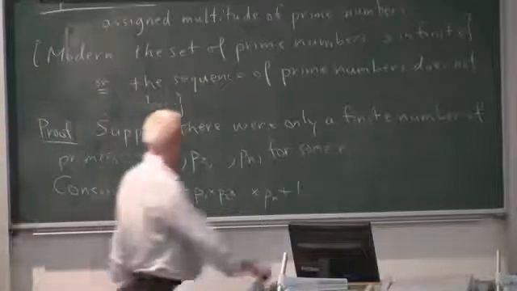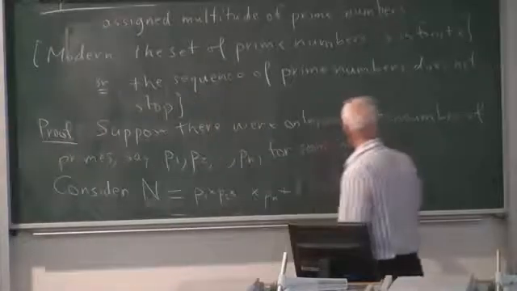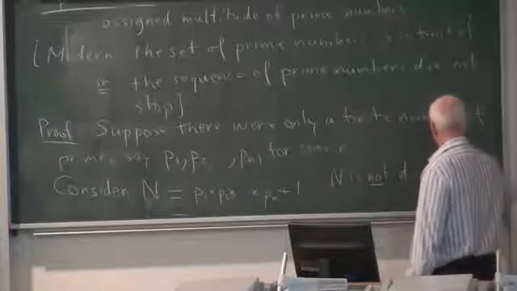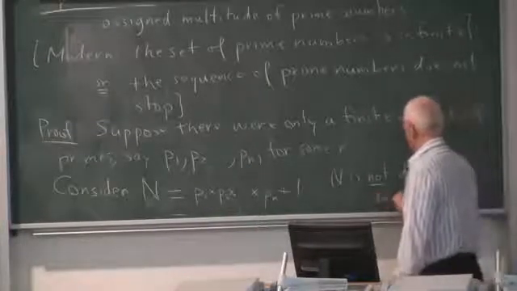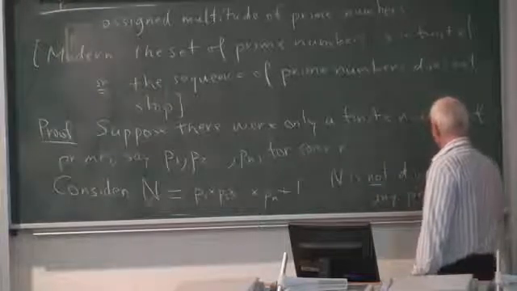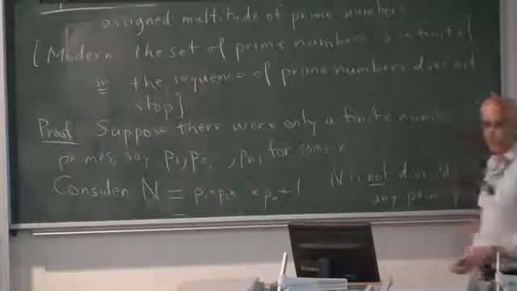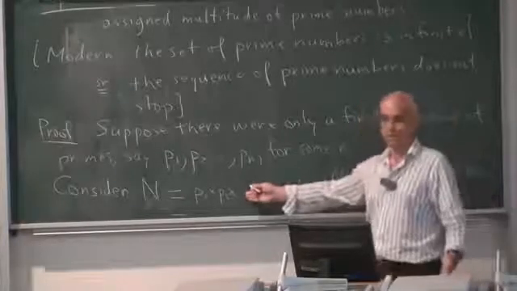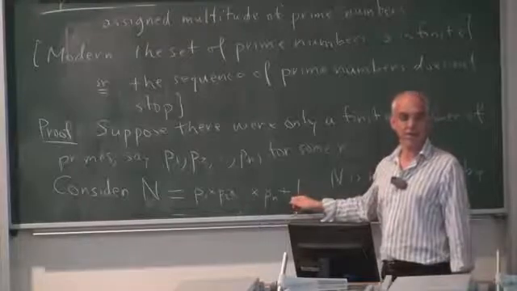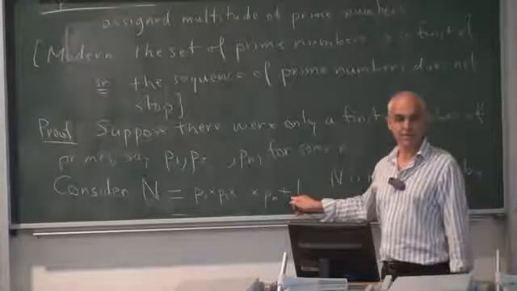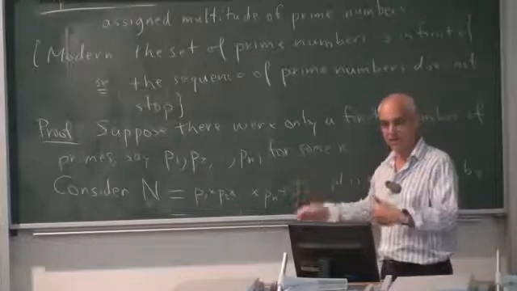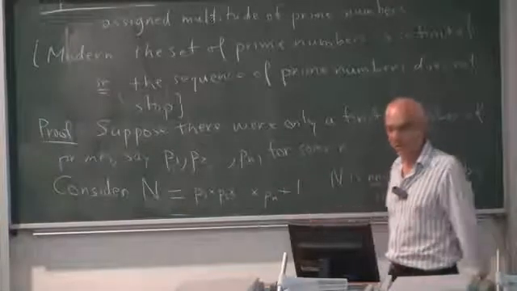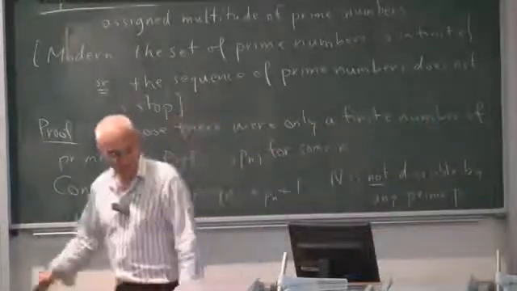This number N is not divisible by any prime Pk, any of our primes, because if you divide it by Pk, you're going to get a remainder of 1. It's 1 more than a multiple, so if you divide it by that thing, you're going to get a remainder of 1. It means it doesn't divide. So if you look at the factors of this thing,